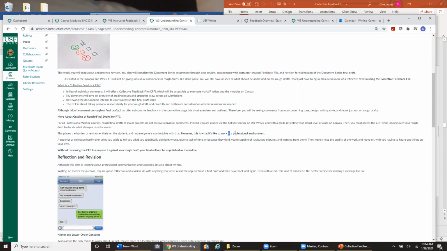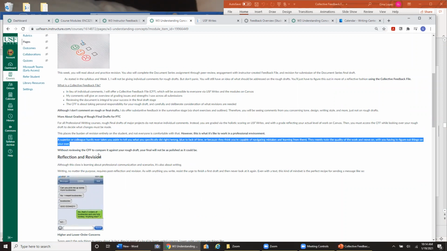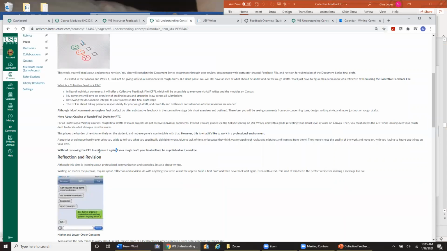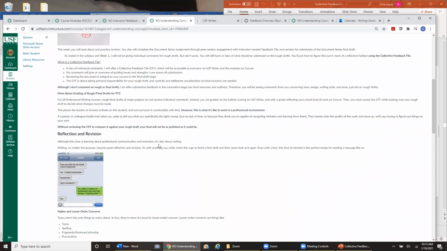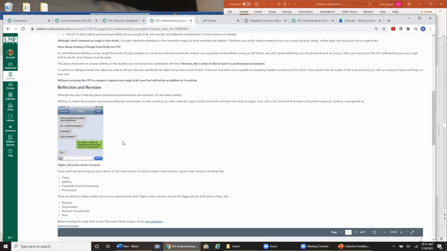professional writing course. And so the department has written these assignments so that it simulates a professional environment as much as it can. And in a professional environment, you're hardly ever going to be told exactly what you did right or wrong, especially in paragraph form. Otherwise, if you keep asking for text-based feedback in a job environment, they're going to find somebody else. So this collective feedback file is also simulating that type of feedback that you're going to get in a